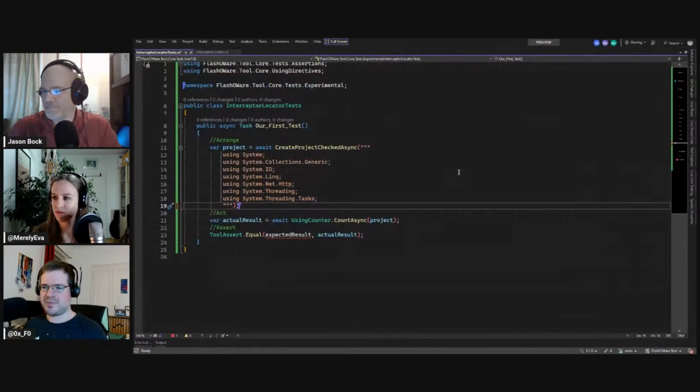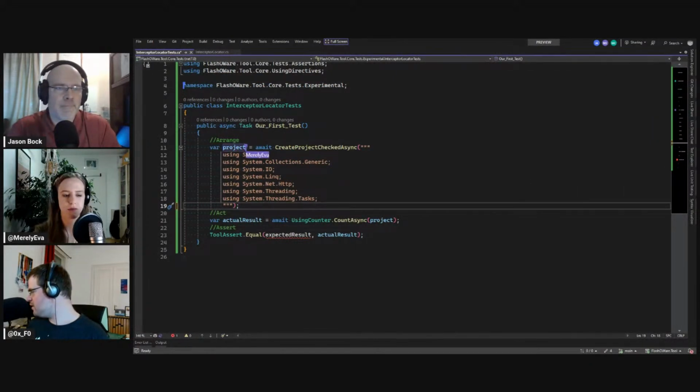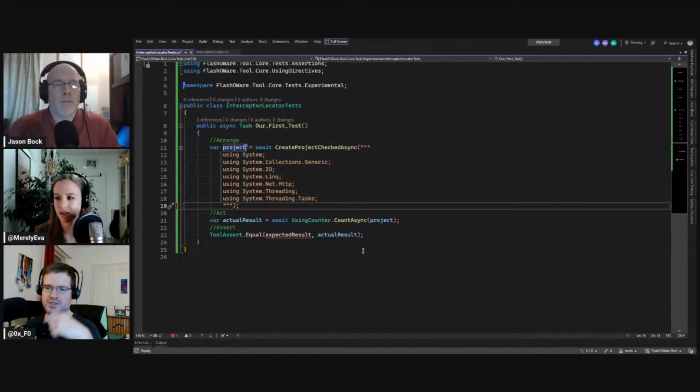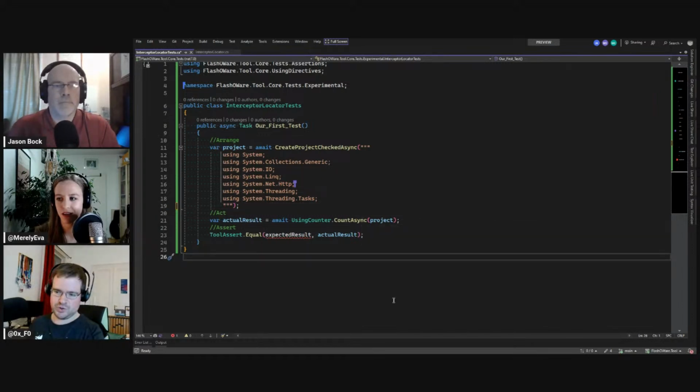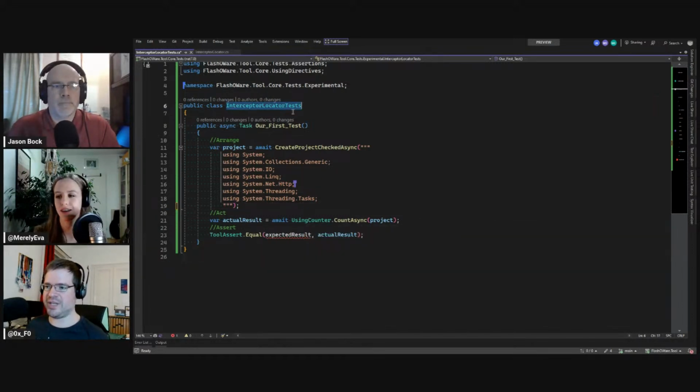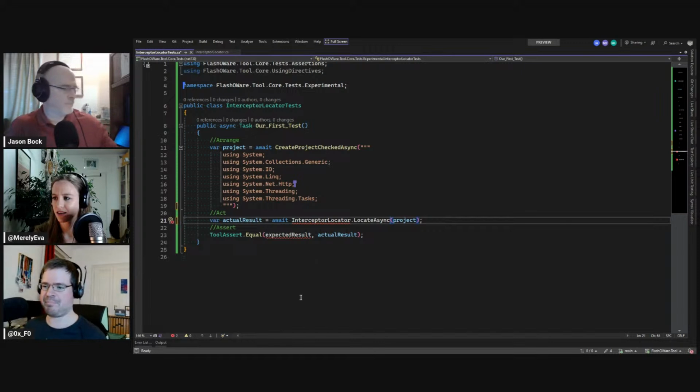Okay. All right. So should we not call them project then? Or should it be like file or what? No. Let's start with a project, because the project then will be the input to our interceptor locator. Nice. Locate async or something. Fair enough.